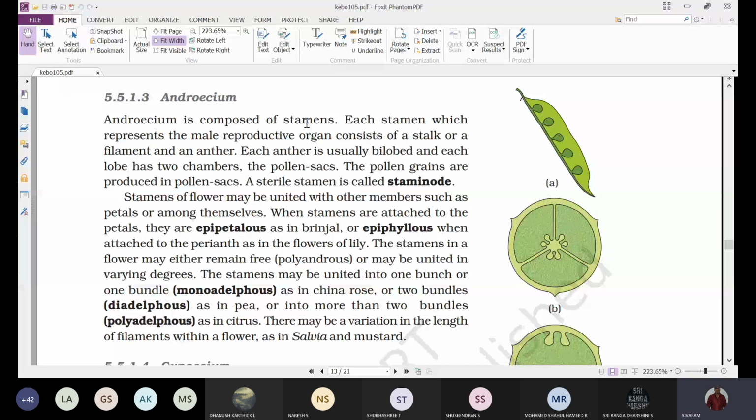So each anther consists of 4 microsporangia, because each anther is divided into 2 lobes, and each lobe again consists of 2 pollen chambers or pollen sacs. So totally there are 4 pollen chambers or pollen sacs. As each lobe consists of 2 pollen chambers,